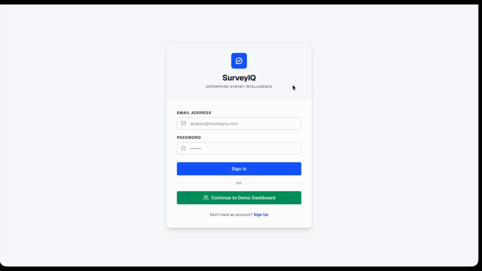SurveyIQ, that is Enterprise Survey Intelligence. So what happened, every day I saw my aunt having a problem with manually copy-pasting spreadsheet rows into translating apps and then typing out sentiment tags line by line, which is a very tedious process